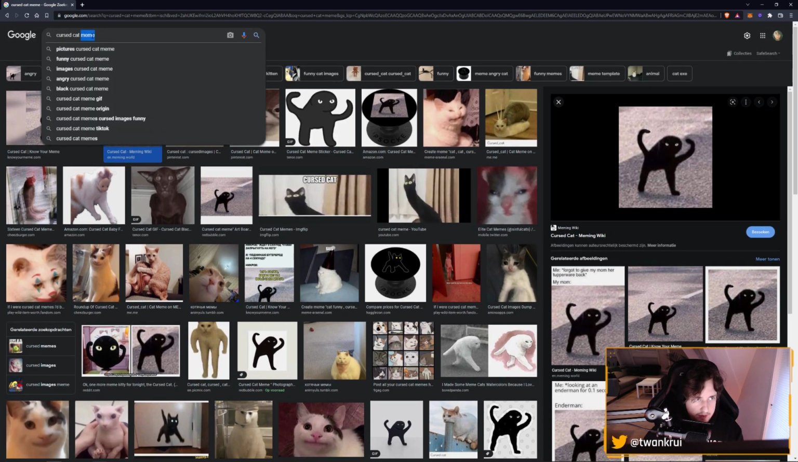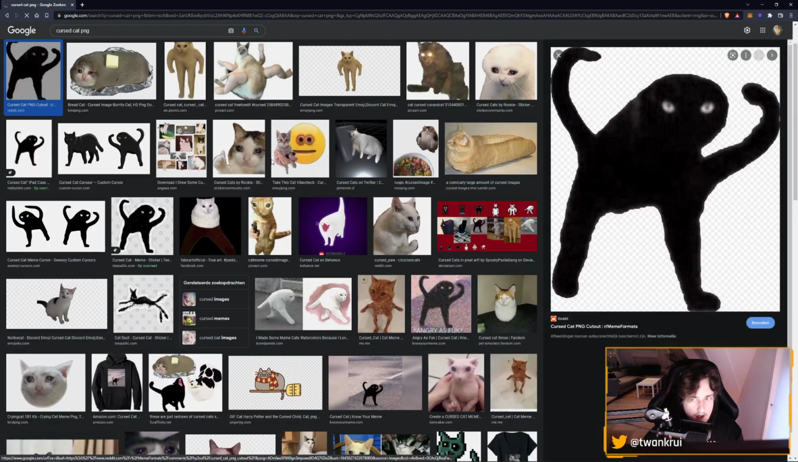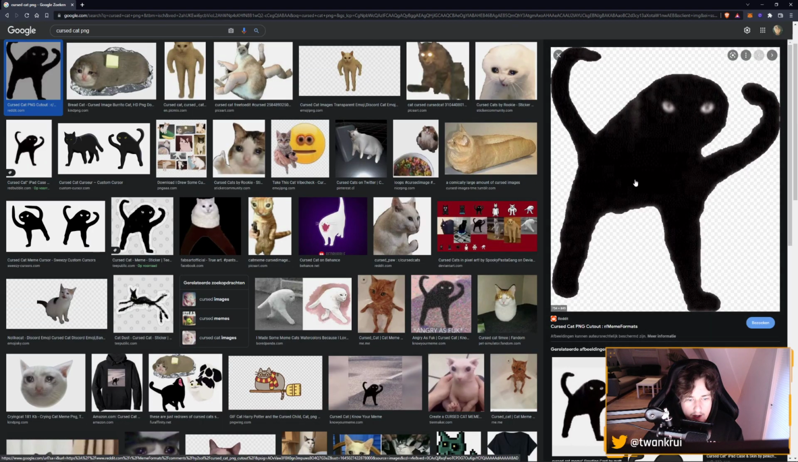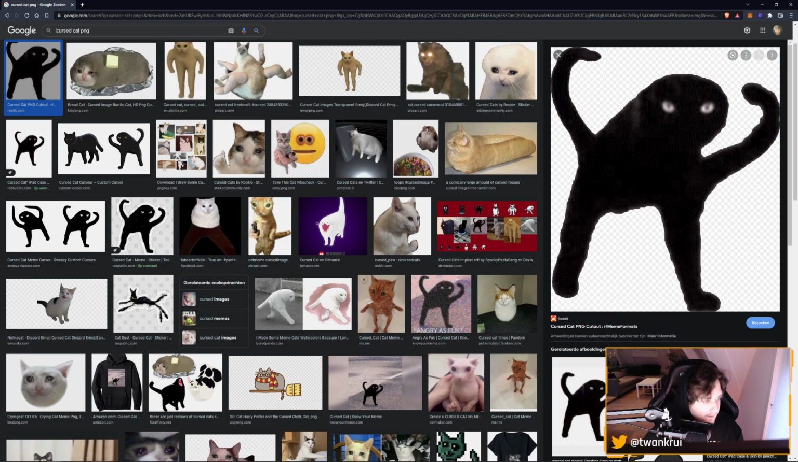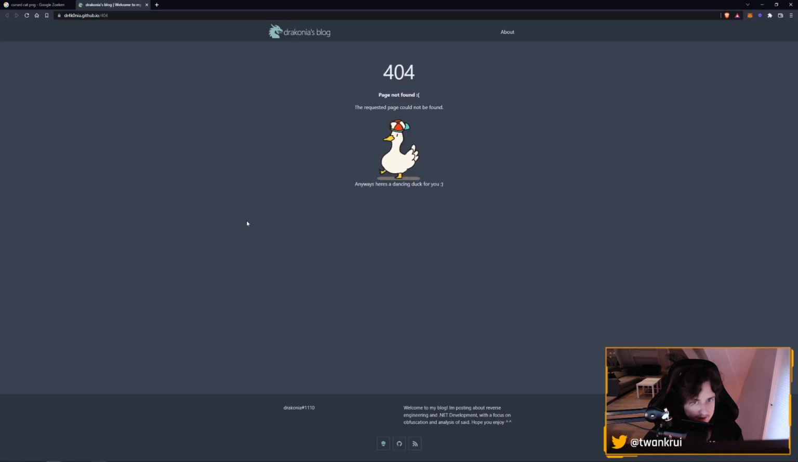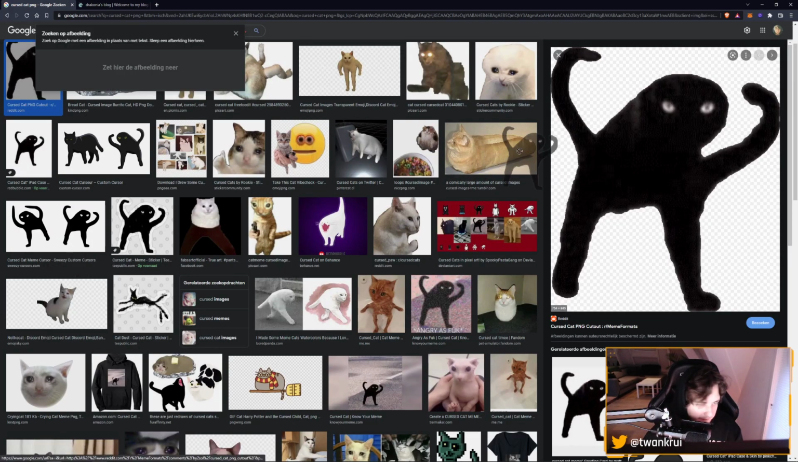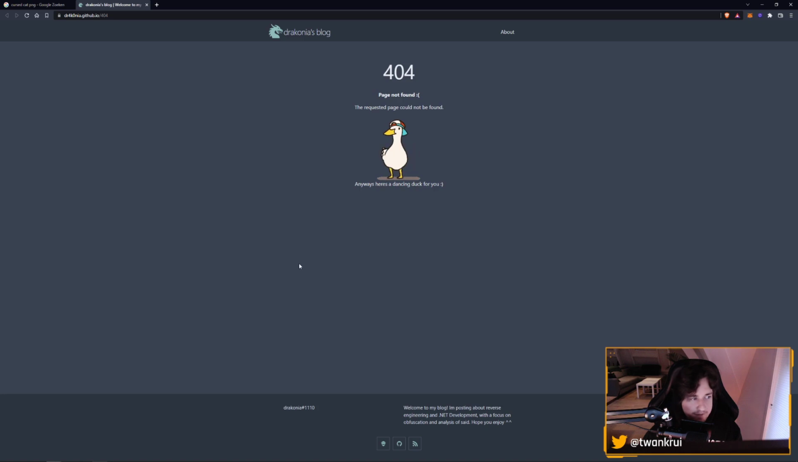Oh, do we have a PNG of this? Oh my god. I can move it around. Woo! Woo! Wait, 404 page. Page not found. The requested page could not be found. Anyways, here's a dancing duck for you. Yes, and I want to do this with like the angry cat. Maybe I will just fill the page up with angry animals, angry animal memes. Actually,